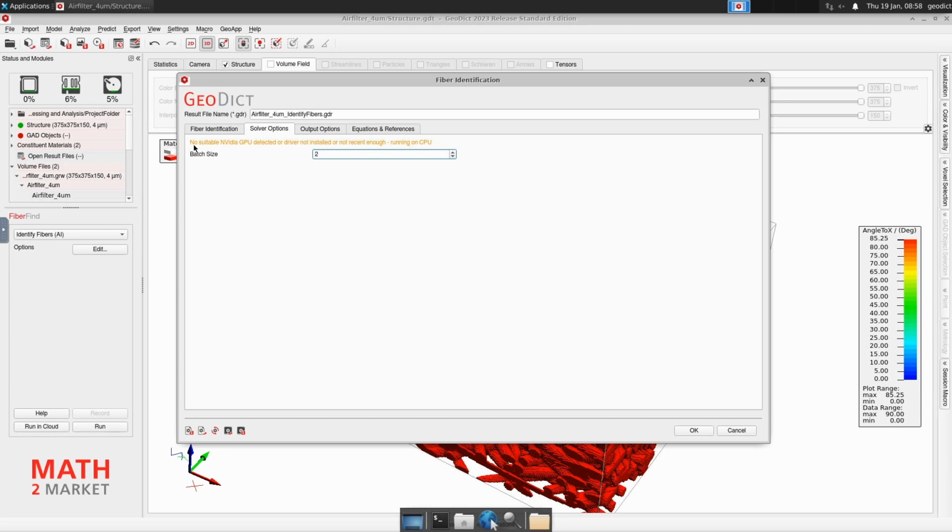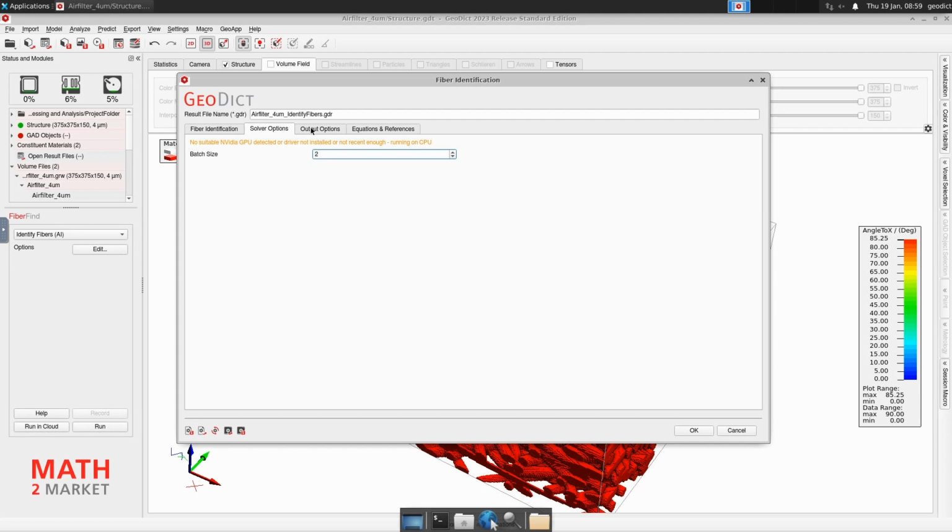This means that it will be a lot slower here than it would be on a proper graphics card. So that you don't see the runtime and think, oh, it's very slow, it's just slow because it's running on the main processor. If you want to run this algorithm on larger structures, it makes sense to have a proper graphics card for this.